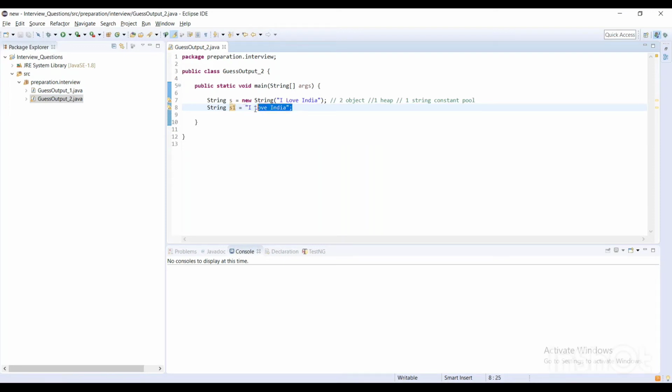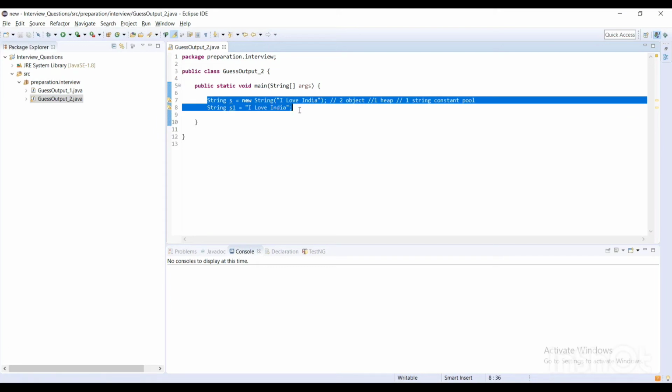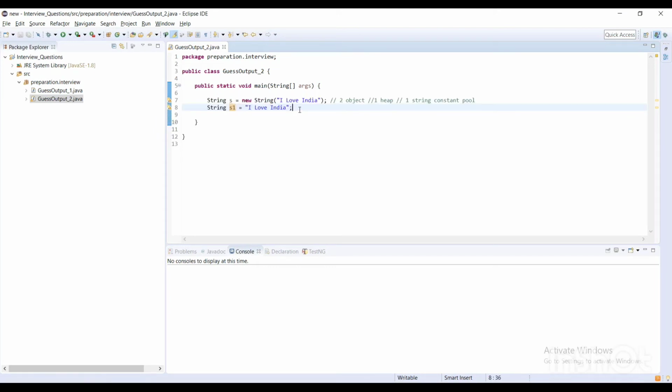It will not create another object, it will just pass the reference to s1. So in this way, both the lines together give only two objects. Okay, so this is the explanation, but sometimes they add another line, just to check how well you know this thing.